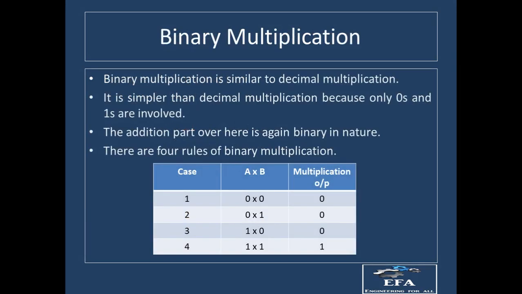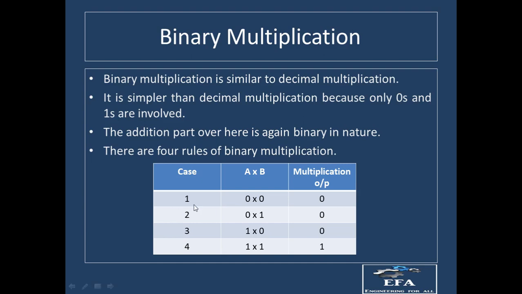Next comes the binary multiplication. Now in binary multiplication, this is simply the type of multiplication which we do in the decimal multiplication cases. But when we multiply two numbers, there is an addition part which has to be followed, and the addition part in this case in the binary multiplication is actually the binary addition. So we will discuss that with an example. Now before that we have to see some cases.